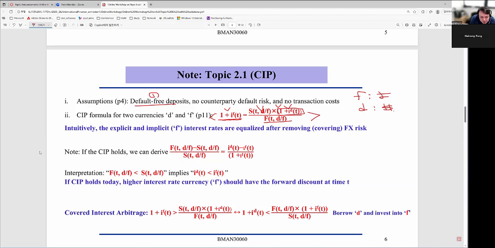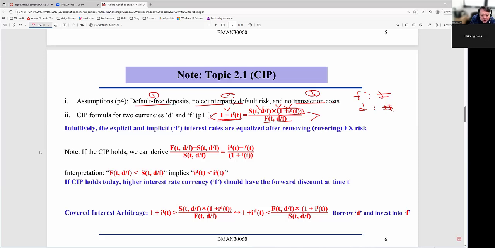No counterparty default risk means if you make a forward contract today, the actual exchange of money will happen after one period, at the maturity of the forward contract. So we're not sure whether the actual exchange of money will happen. That's the counterparty default risk: the counterparty of the forward contract may not fulfill its promise. We assume that is not the case. And we also assume no transaction cost. Given these three assumptions,